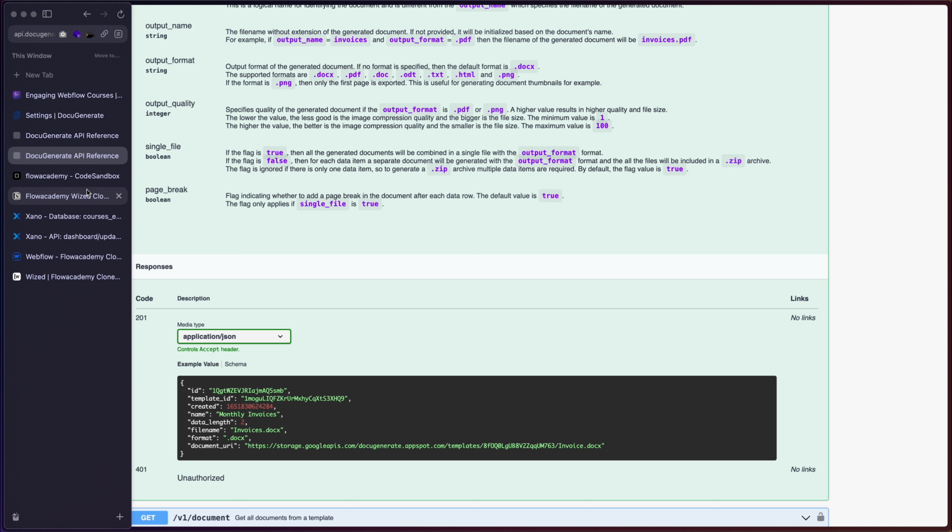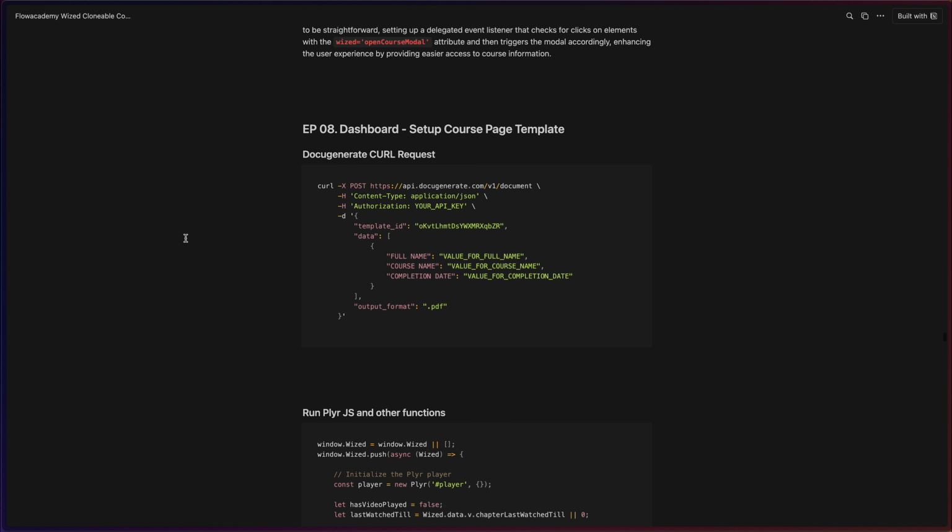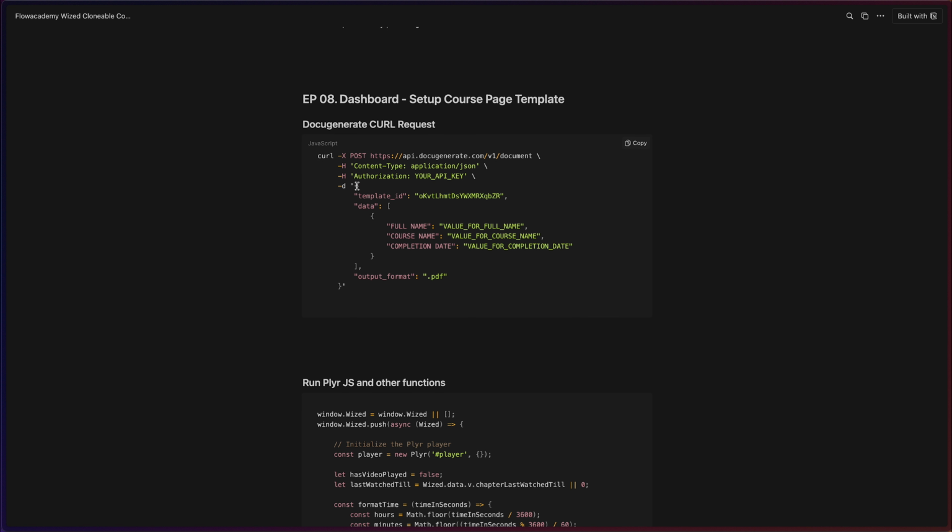You might have noticed that if I head over to our Notion doc, I've already provided the curl request that you need for your Xano request. So let's go through this real quick. We're making a post request to this URL. Then we have our authorization. So content type set to application JSON and authorization. This is where you need to insert your API key, and this API key is stored inside your Xano environment variable. Then we have an object here where we enclose all the details that we need